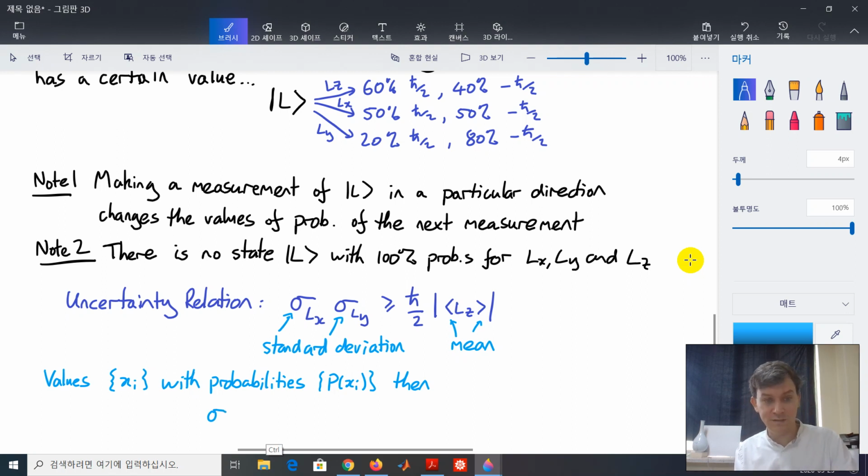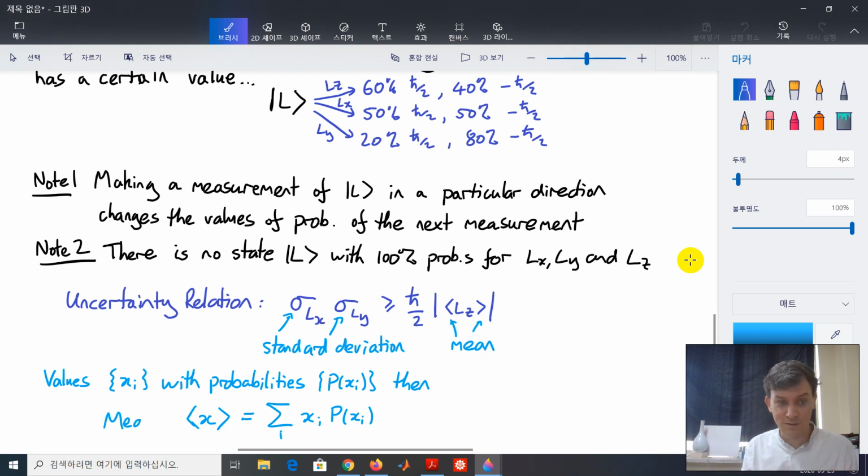Let me do mean first. The mean of the variable x is just defined as the sum over all possible values of that value multiplied by the probability of that value. I'm guessing you've seen this in a statistics class already. So the mean is defined like this, and the standard deviation